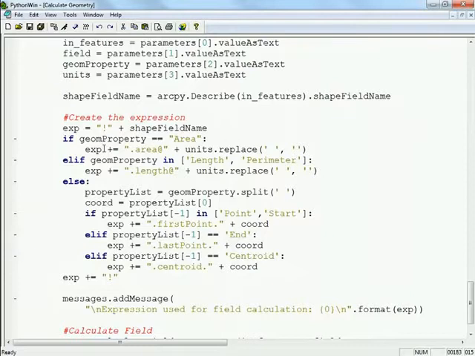And I'm going to test what type of property they're using. And because I have some control and field calculations, I can get properties like area or length of a geometry by saying shape field dot area. And I can use some of the modifiers to specify what unit I want to return. Or this is my logic to create an expression that's going to be used for the X or the Y